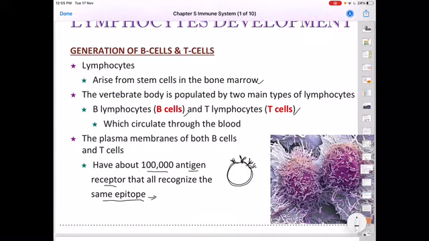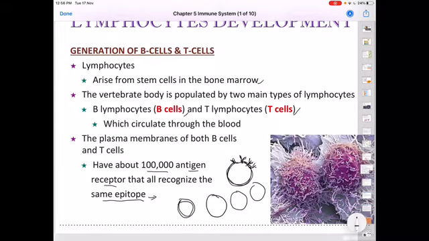So actually we don't have only one type of B cell in our body. Kita ada banyak jenis B cell, sebab B cell ni fungsi dia untuk generate antibodies. So antibodies akan dihasilkan bukan untuk hanya satu pathogen saja, tapi banyak jenis pathogen. Disebabkan antibodies ni sifat dia spesifik, jadi satu jenis antibodies hanya boleh attack particular pathogen. Jadi dalam badan kita ada banyak B cells,